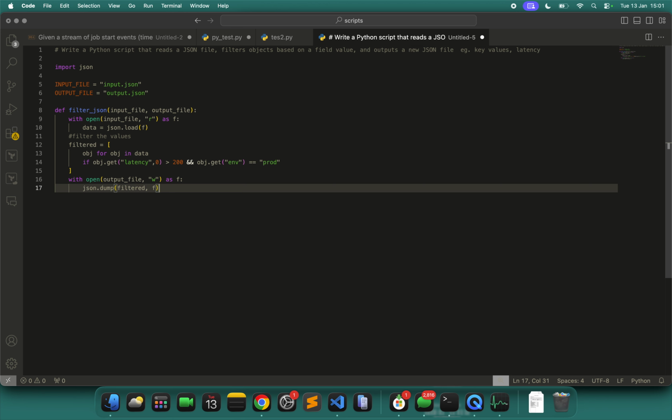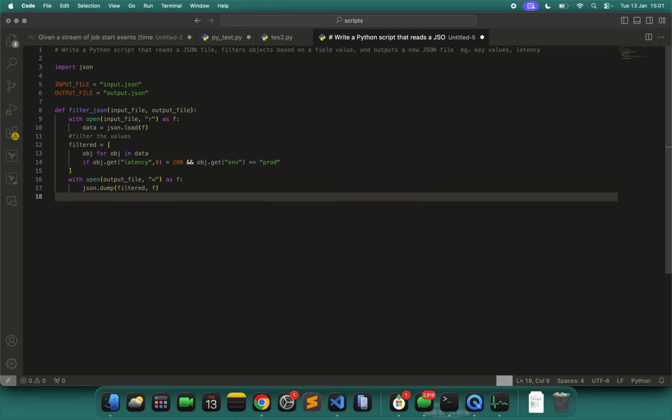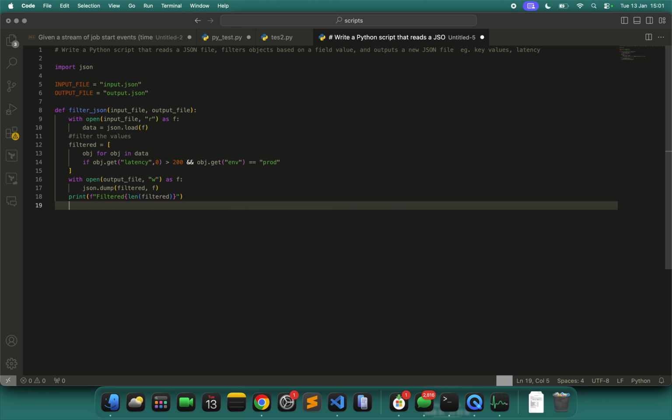Vishal, you can just write the code logic. Unless we are already over time, let's not write unnecessary code that is not required. Just the last line: filtered.